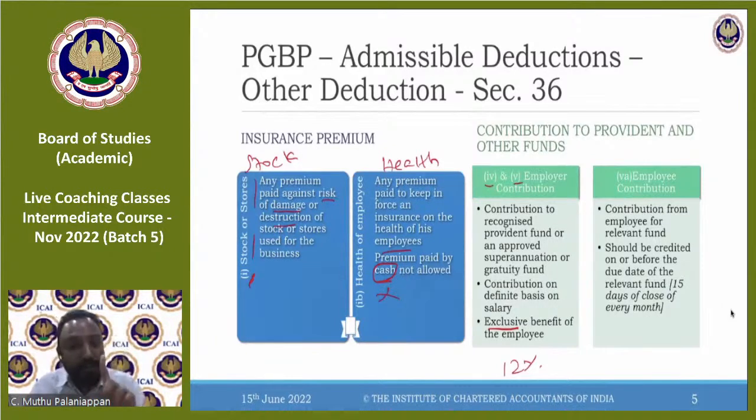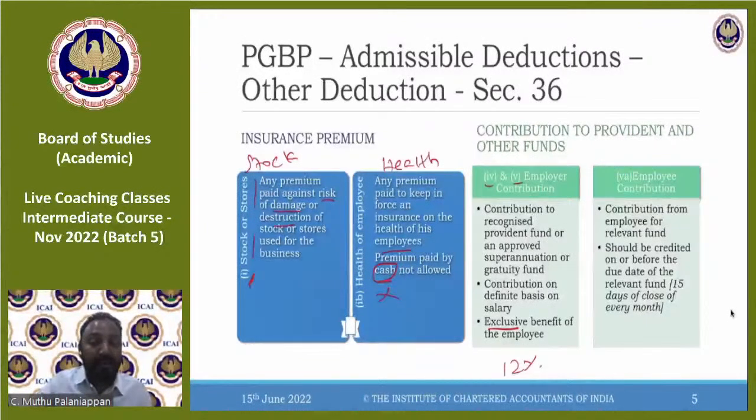So whatever is being paid under employer contribution is allowed as a deduction. It's an eligible expenditure. And the next one is employee contribution. So what exactly is employee contribution? As far as this PF goes, when an employer is contributing, the employee can say, equally contribute for me also. So it will be deducted from the salary and deposited to the provident fund.